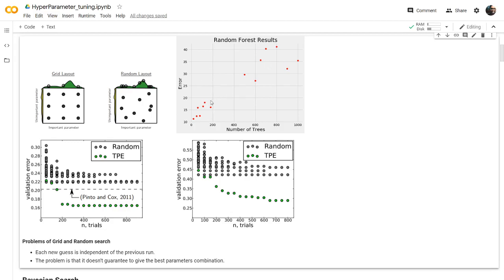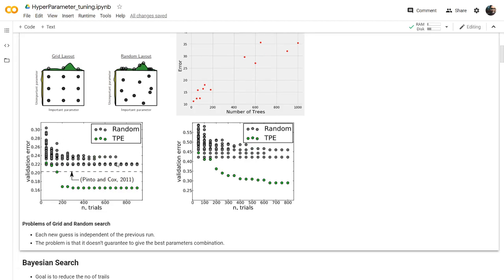If you see here, what do you think the next search can be? Take a guess. Yes, you are right. For the next pick, the number of trees can be around 200 or 100, something like that, right? So you did the Bayesian search in your mind right now. This is what happens in the Bayesian search. It will consider all the previous results and get the next set of results, I mean, get the next set of hyperparameters. So this will not be there in these two algorithms. That is one of the biggest drawbacks of these two algorithms.